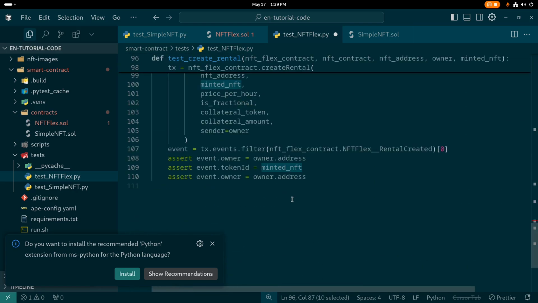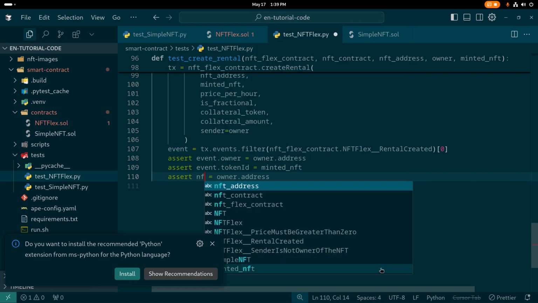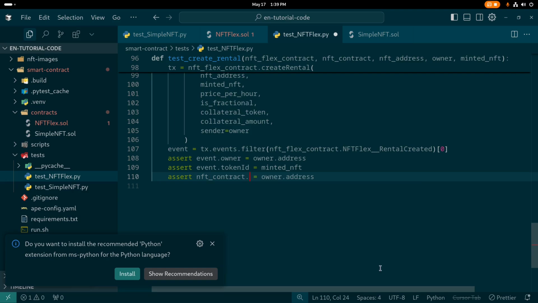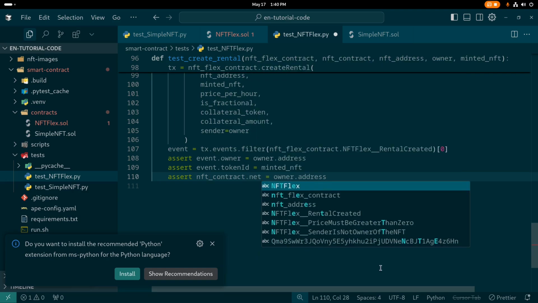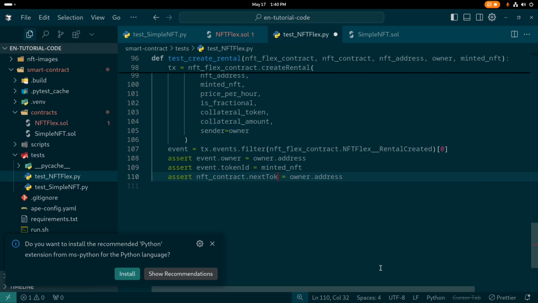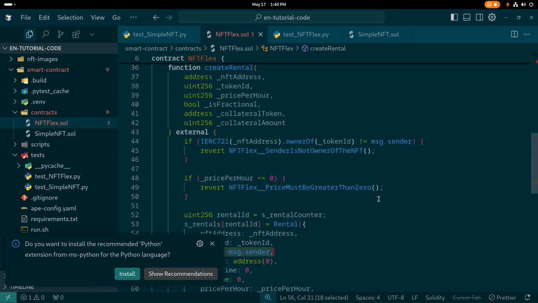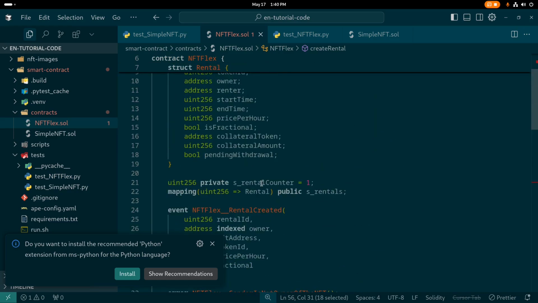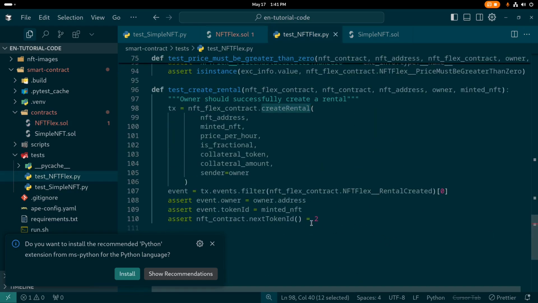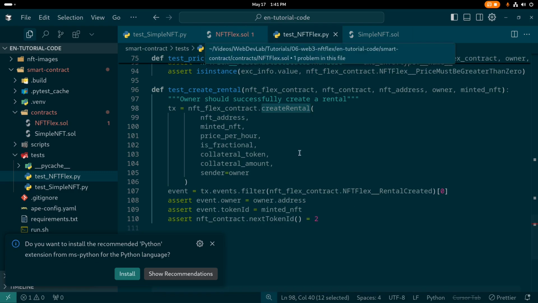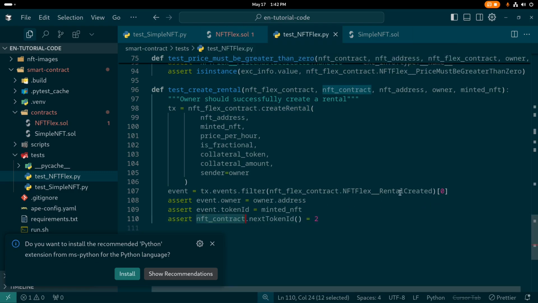Now the last one will be NFT contract dot next token ID. This is the function by which we are going to get the ID of the token, which is 2 in this case. The first time the token ID will be 1. Let me check it. The next token ID will be 2, because in here when we are calling this NFT